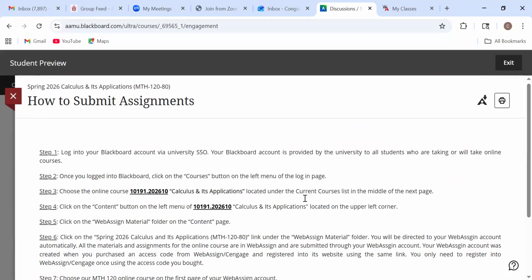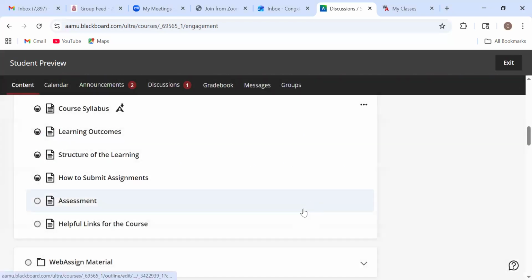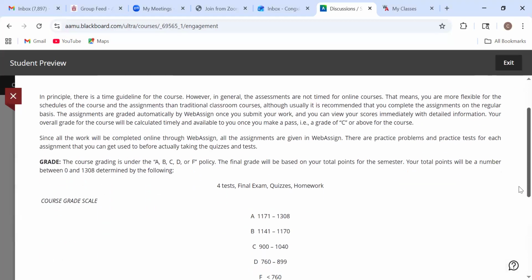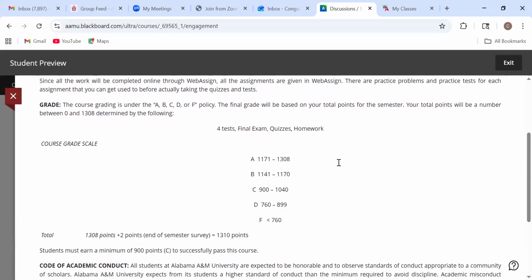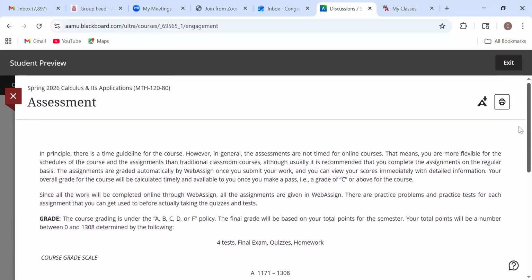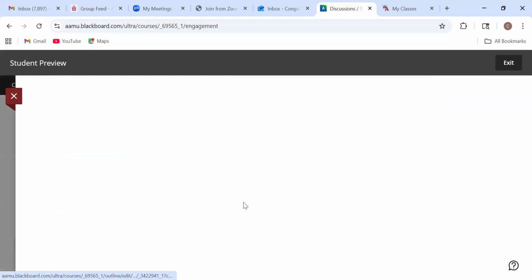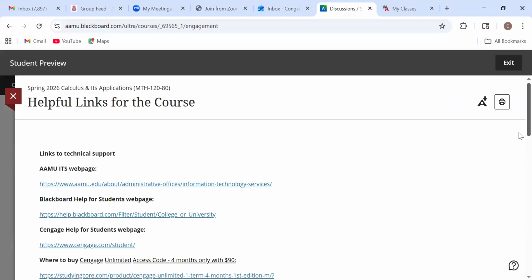This just tells you the steps. I just included all the documents in case you need them. Assessments, as already talked about, so this is the grade scale. Helpful links for the course: there are a lot of resources that will help you to study. So that's the ITS webpage,